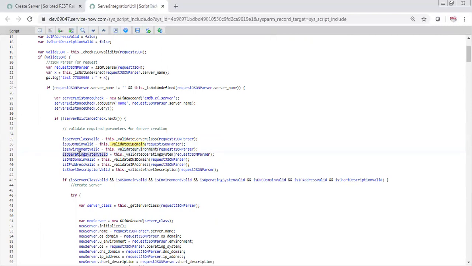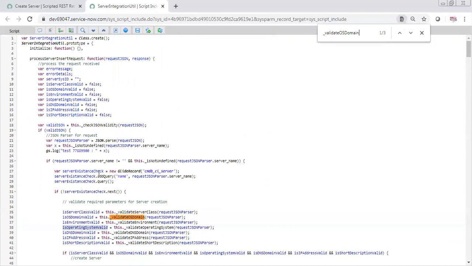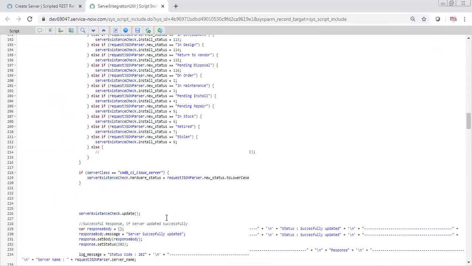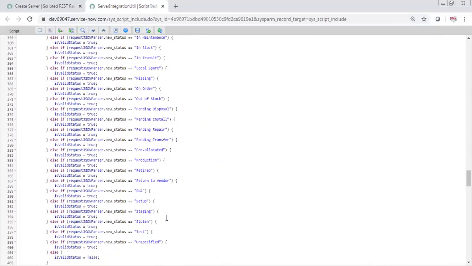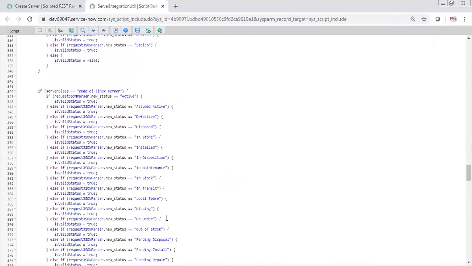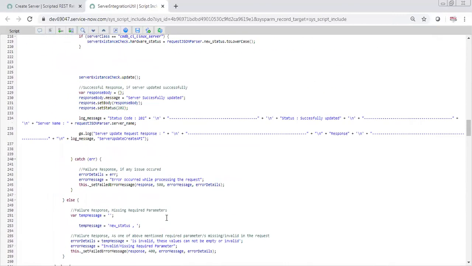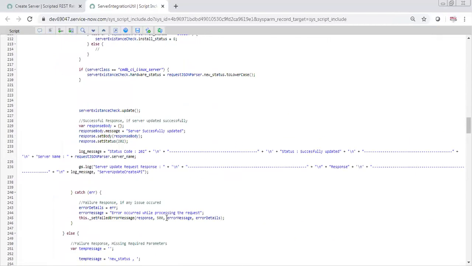If we go to this function, see why we have written functions: because this code is easy to read. If I go to this validate OS domain function... validate operating system... where is the function?